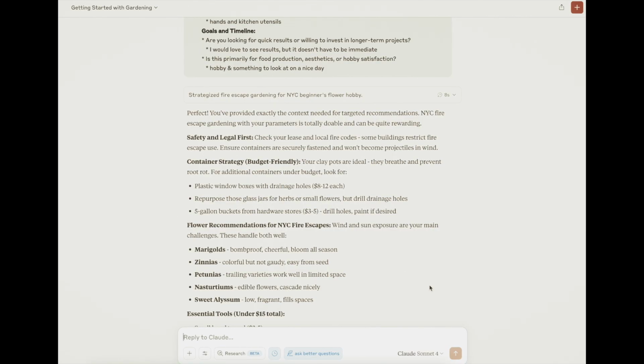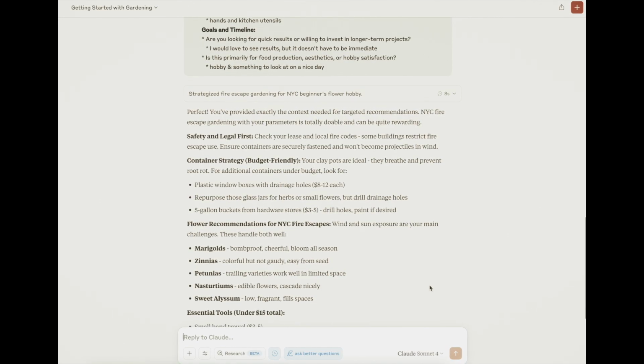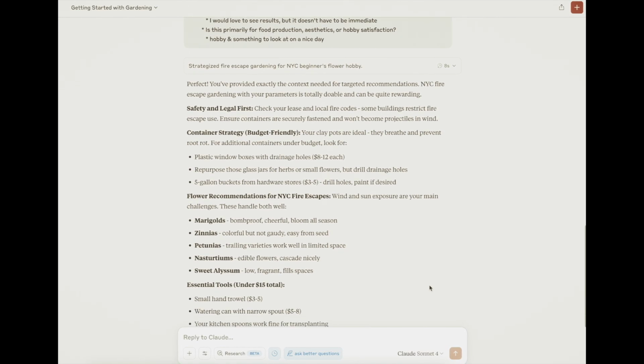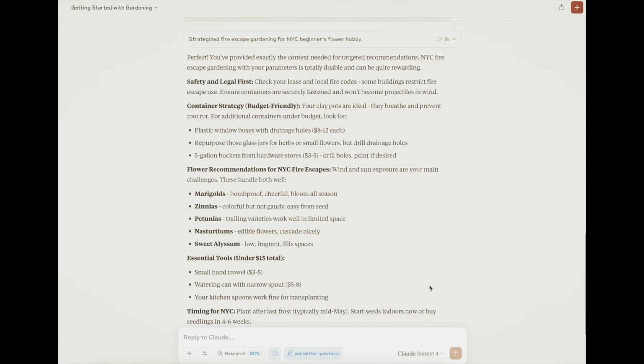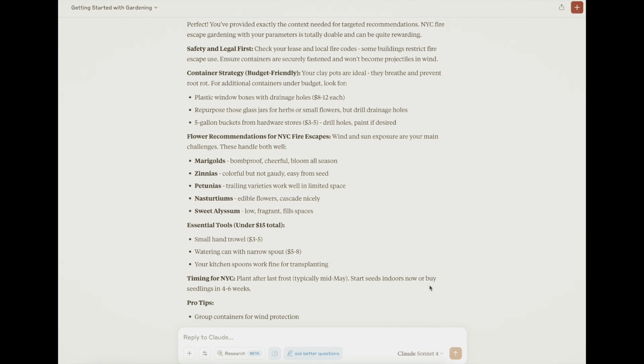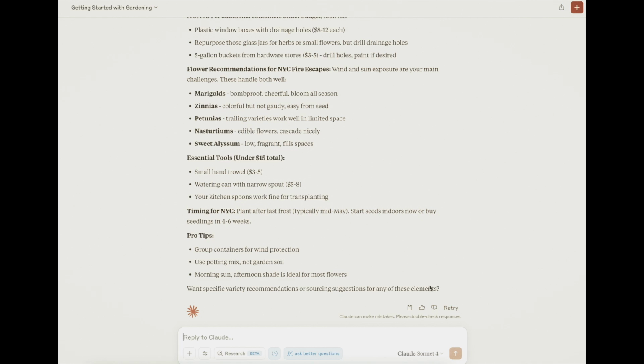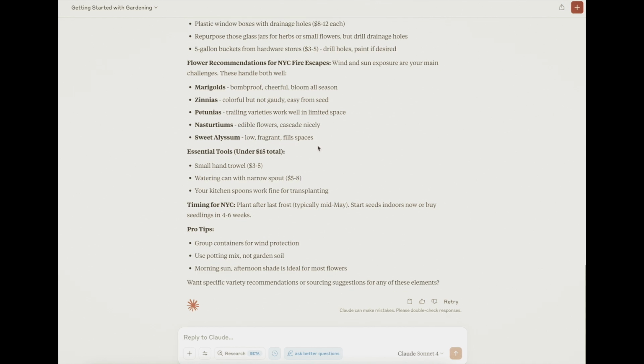And it goes through and gives me some recommendations based on what I put in there, which is that I wanted flowers that would grow on a fire escape, and I wanted to do it for under $50. Yeah, and then I read through it, and I'm actually thinking about buying some marigolds and sweet alyssum. I might buy them all, petunias as well. We'll see. Why not? I like that it called marigolds bomb-proof. I don't know where it decided on that adjective. I'm a little bit surprised compared to the other ways of describing the flowers below it,